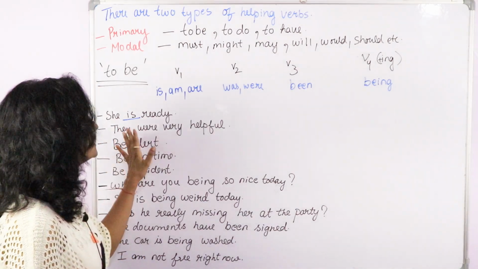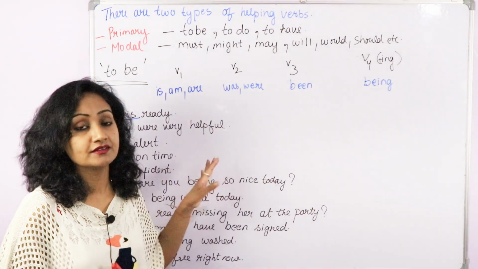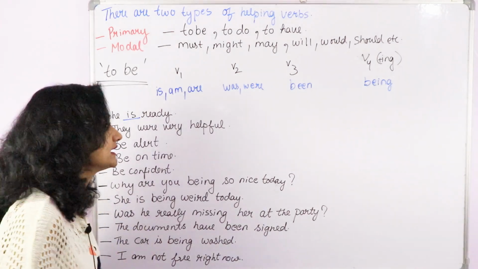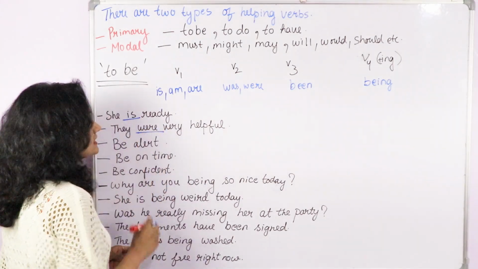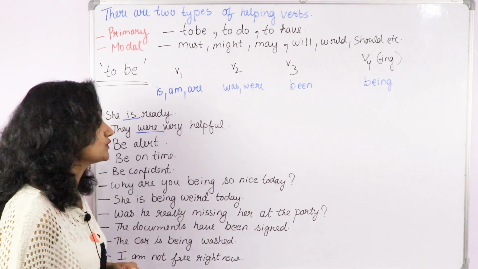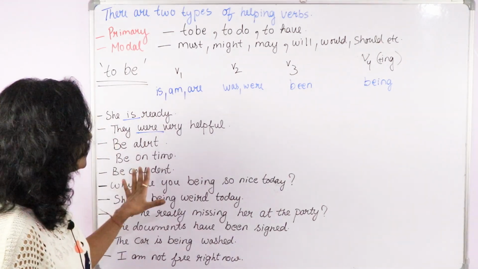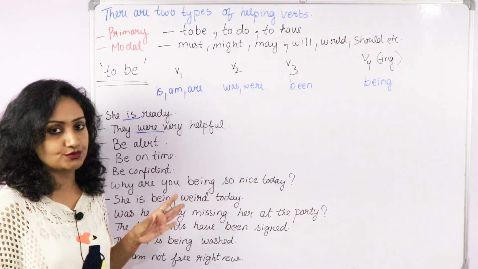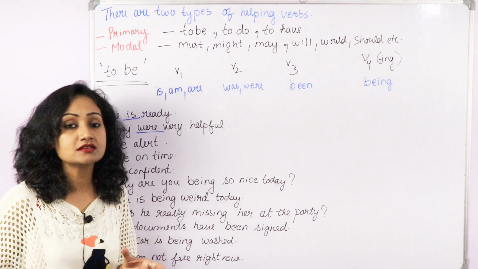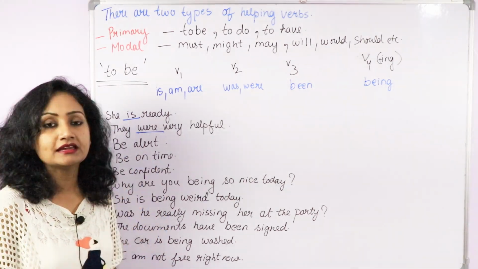Next is: they were very helpful. Again, a single verb in a sentence, so it's a main verb. Now we can use be also as a main verb, but generally we use be in